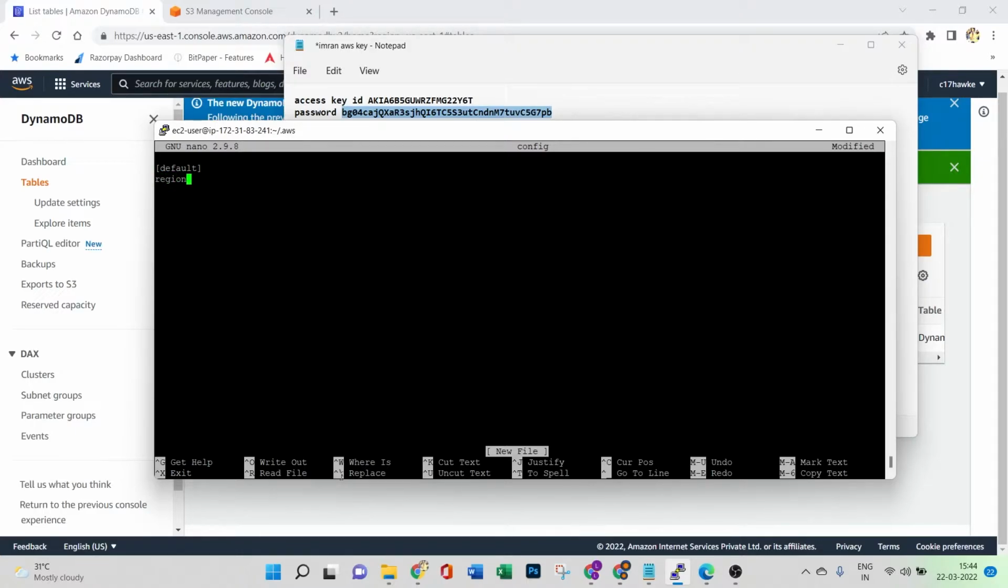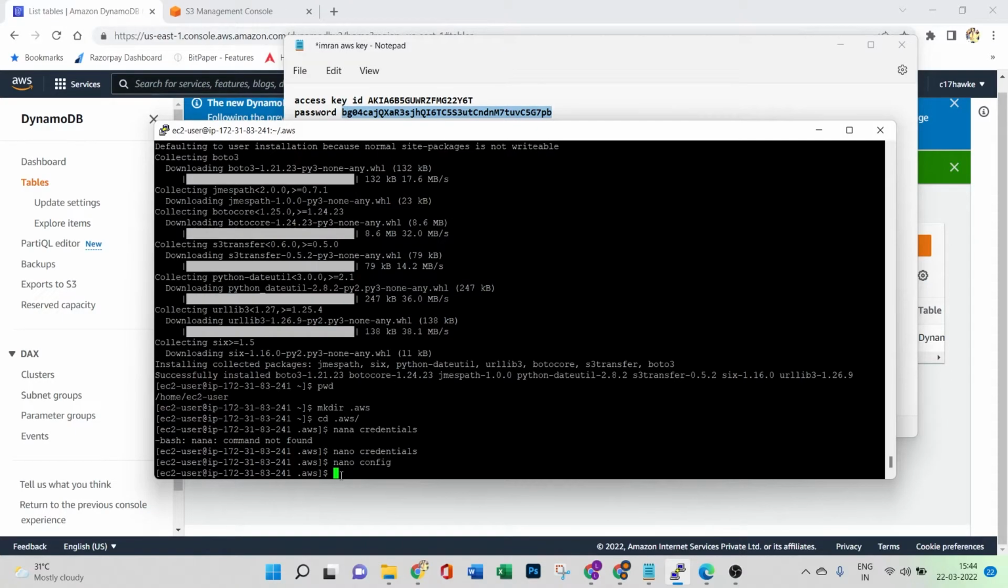So region is US East 1. If any other region, you just try to change it. So Control O, enter, and Control X. So these all things we have done, right? So now let's move on to the